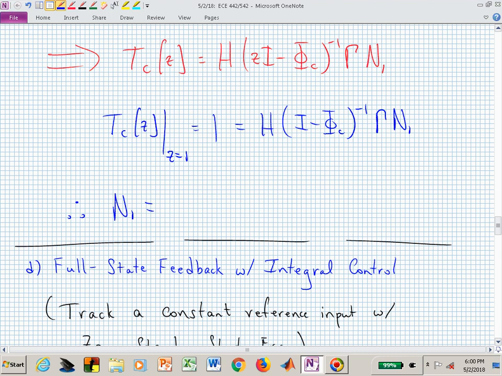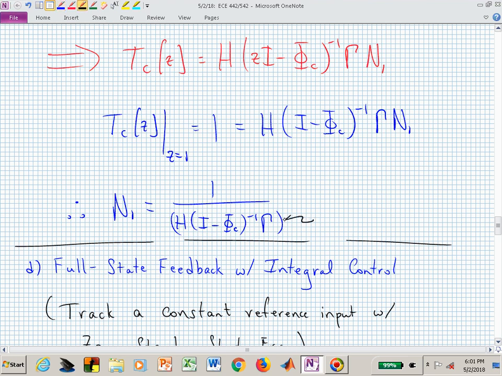We would have to invert that 10 by 10 matrix, but it would all collapse down when it was pre-multiplied by H and post-multiplied by gamma to give us a scalar. Or N1 now becomes 1 over H I minus phi sub C inverse gamma,